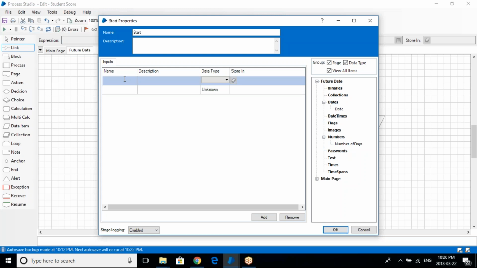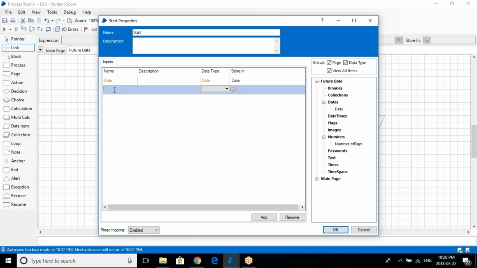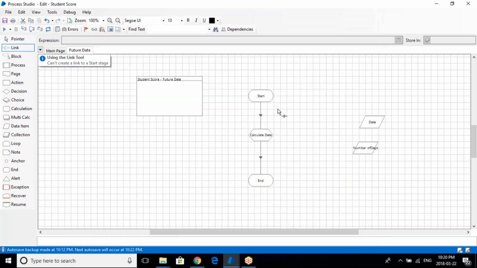So you wanted to take a date value that you are passing from the main process, and this is a date type, and you wanted to store it in the date variable. And this is number of days, a number variable, so you wanted to store it in number of days. Okay,